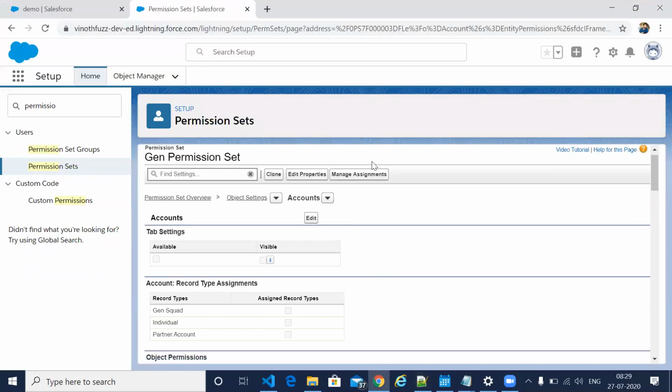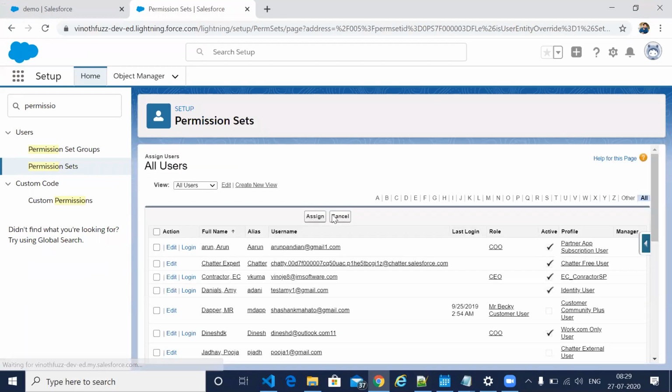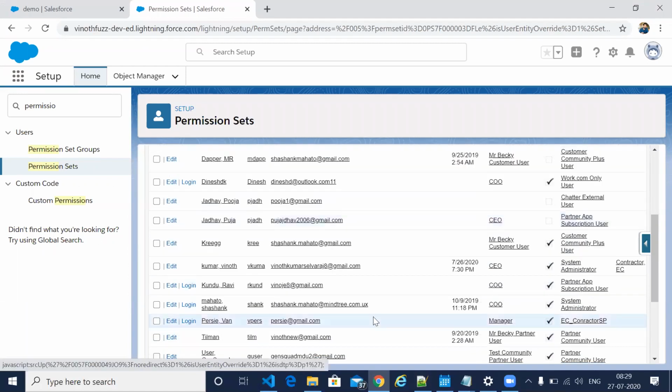See here, if you click Manage Assignment in the permission set, you can click on Add Assignment, and you will be able to see all the users in your system. So this is Vinod Kumar. He also has system administrator. Shashank also has system administrator.